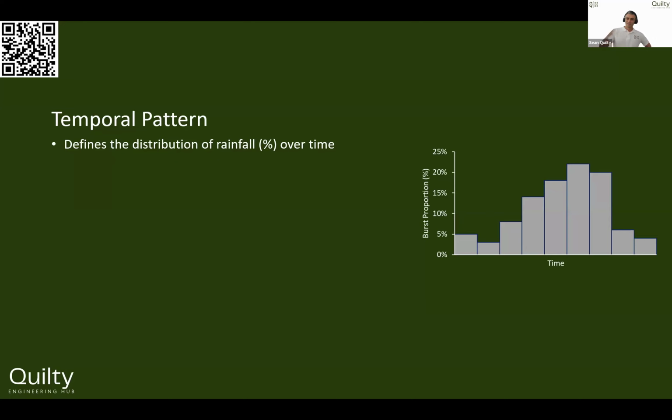If you think about all the historical rainfall events that we've had over decades and decades, there will be millions of these temporal patterns, different ways that the rain has actually fallen. So it's very, very random. There's lots of different patterns, if you like. But then as designers and engineers, we've got to be able to pick out a certain pattern and say, this is our best estimate as to what might happen for our design storm.